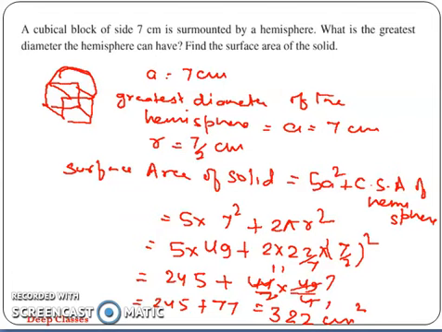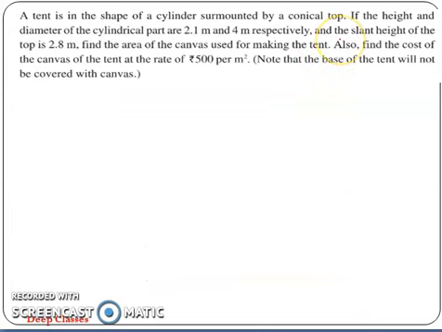So now moving to the next question. A tent is in the shape of a cylinder surmounted by a conical top. If the height and the diameter of the cylindrical part are given, how can we solve this one? So the tent is like a cylinder surmounted by a conical cap. So like this. If the diameter of the cylindrical part is 2.1 centimeter,